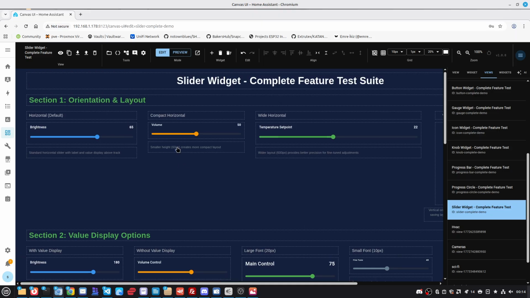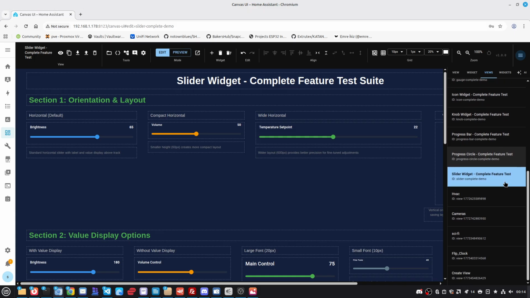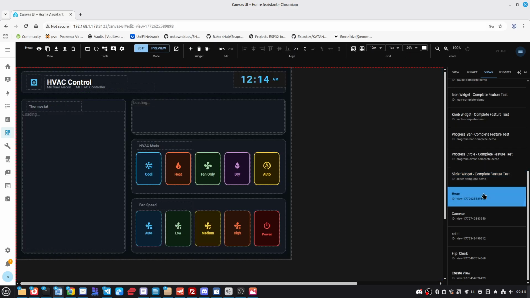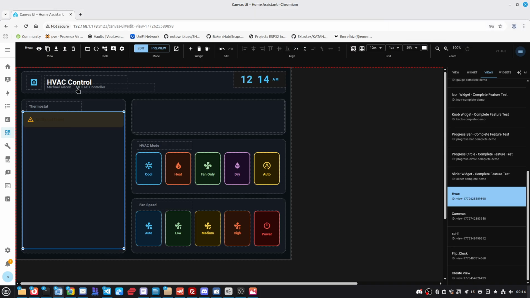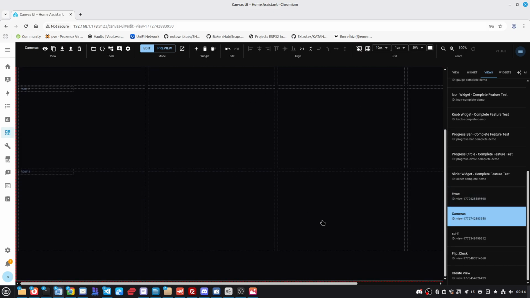All right, so we'll just walk you through a couple of different other ones. I'll show you this other one, but I can't show this one because I don't have the entities here. But this is a HVAC. This is cameras. I can't show this one because it needs to be looked at in the other. All right, now this one's